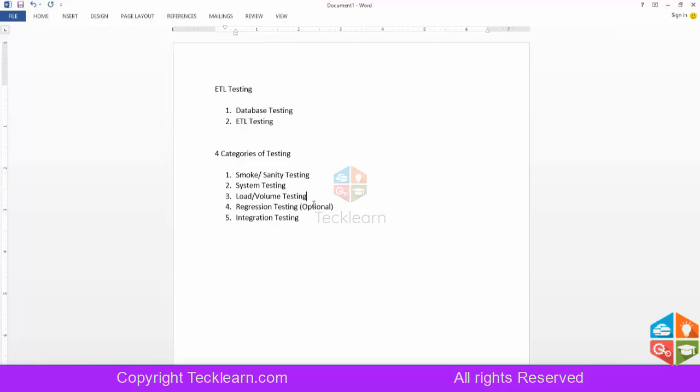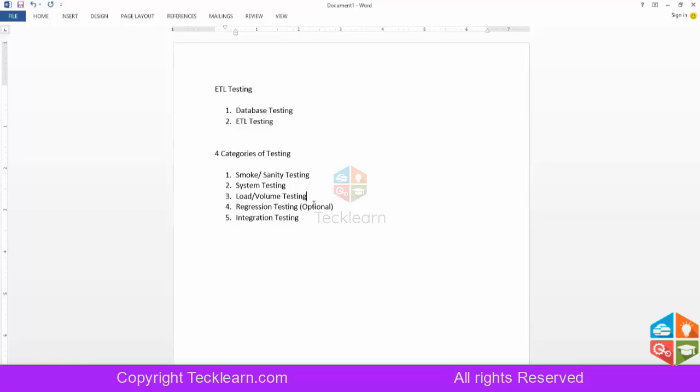And then we do the last final phase of testing, that is integration testing, where we see that the application which is developed is fitting perfectly with all the other applications. This can also be optional if the application which is developed is the only application which will be independently working at the client location, then we will not have integration testing. Just install it on the client system and forget about it. But if this is going to be part of multiple applications, then we will do integration testing, whether it is able to communicate with the other systems which this is going to be part of properly or not.